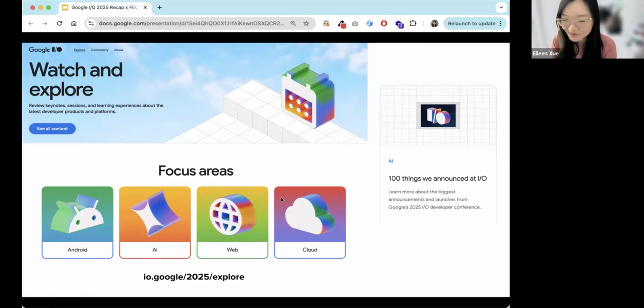I do want to focus on a few things more specific to web, because if you're in this community, Frontend Queens, you're probably more interested in the web components. That's also where my interest lies and my expertise. And a little bit of AI, not so much Android and cloud, unfortunately. I'm not very familiar with either, so I'll mostly focus on some web technologies that I think are very interesting. Of course, you can also check out the article where they summarize 100 things they announced. I'm sure there's more than 100 things, but 100 is already more than enough, and we're probably going to cover a tenth of that. I will try to focus more on my in-person experience, things that you might not experience online.